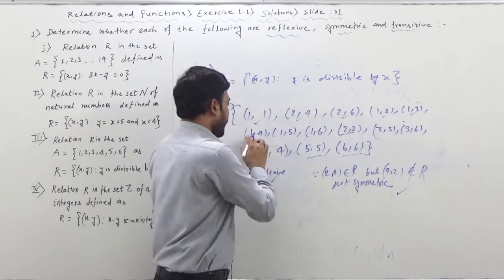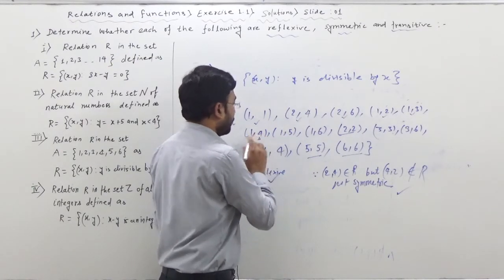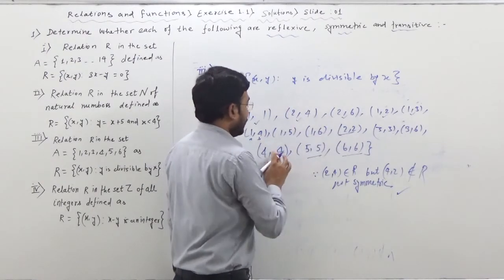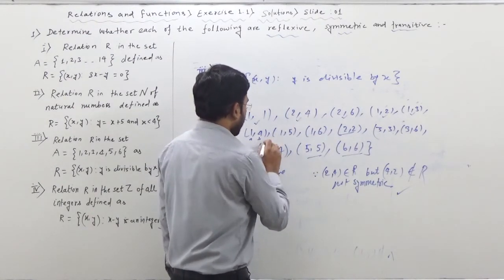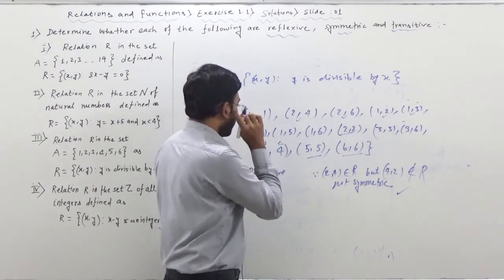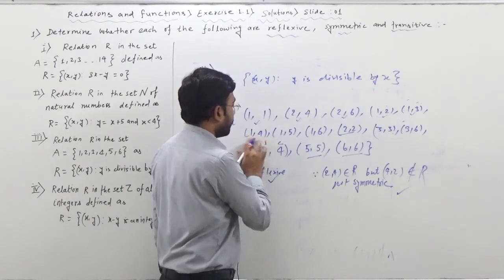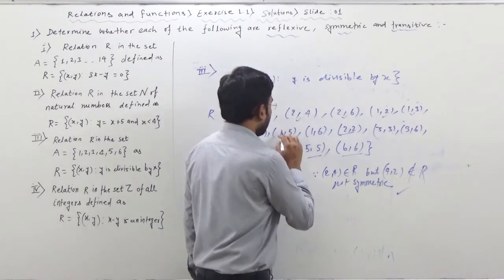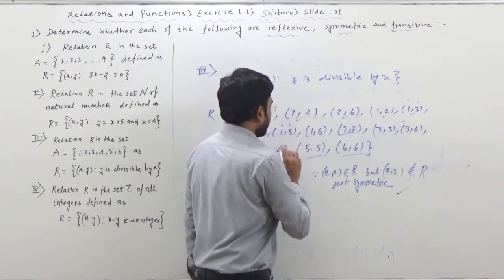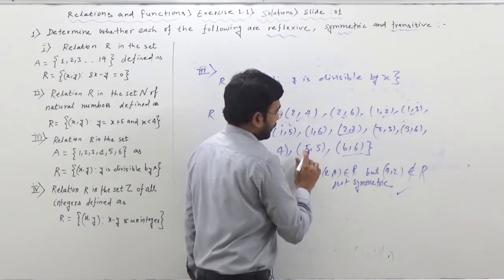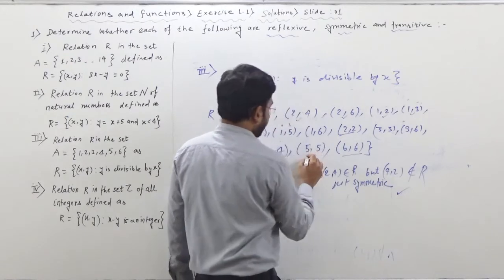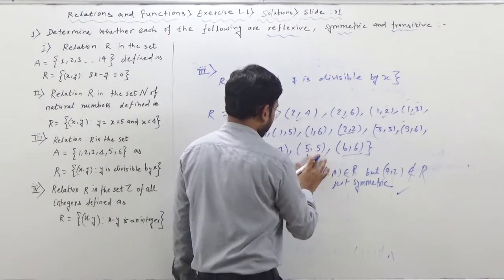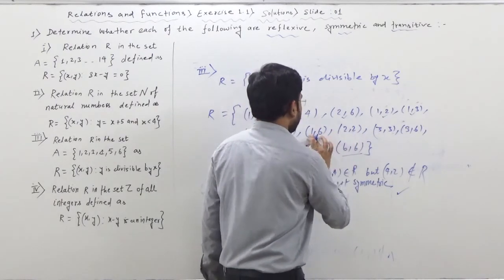Now for this element 1 comma 4. So this is like A comma B. Now from 4 where it is starting, it's starting over here. Now this is B comma C. So here A comma C is going to be what? 1 comma 4 itself. Alright. This is also okay. Now 1 comma 5. A comma B it is. So B comma C, where is that B comma C? Here it is starting B comma C. So A comma C 1 comma 5. It's already there.